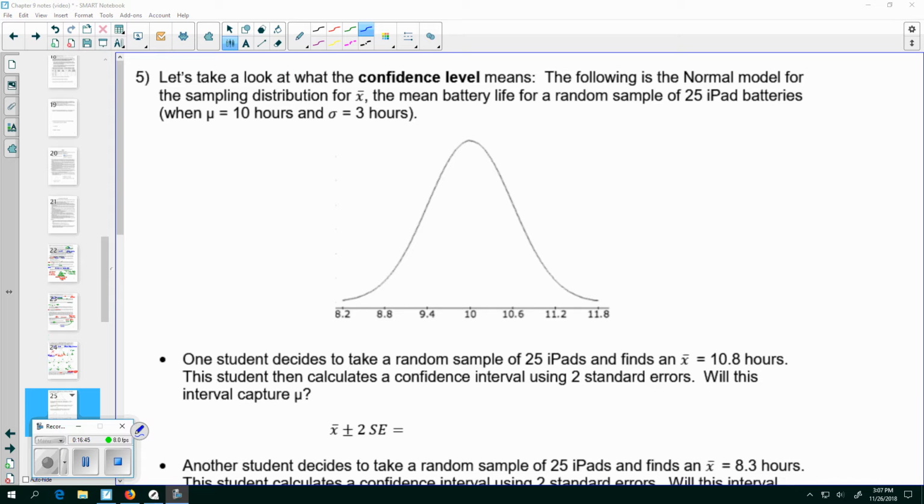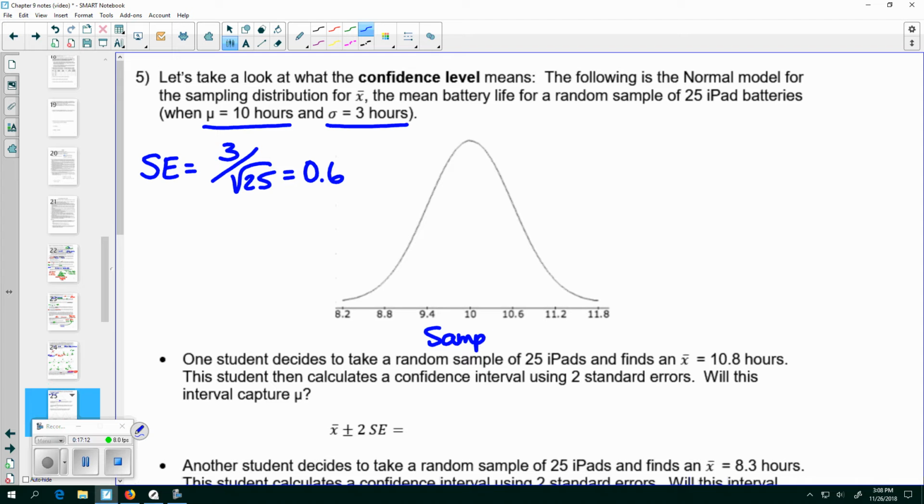All right, let's take a look at what the confidence level means. The following is the normal model for the sampling distribution for X bar, the mean battery life for a random sample of 25 iPad batteries. And this was, again, when the population mean was 10 hours. Population standard deviation was 3 hours. So remember that the standard error came from taking 3 over the square root of 25, which is where we got our 0.6. So if you look more closely at your horizontal axes here,